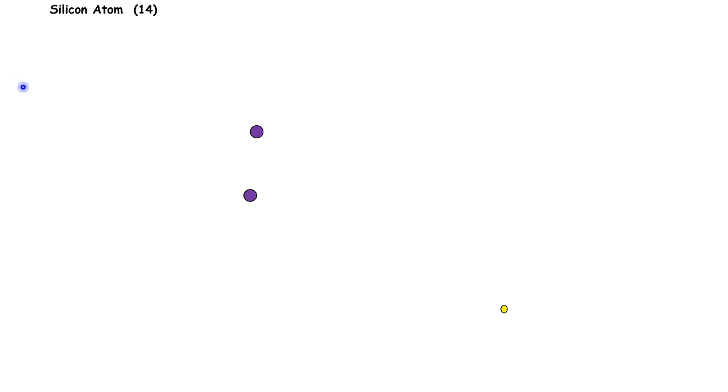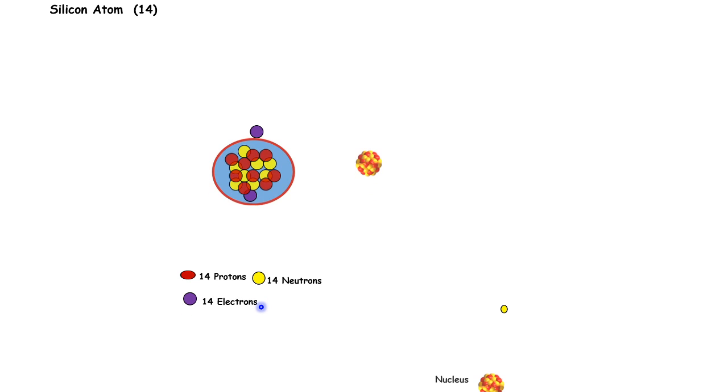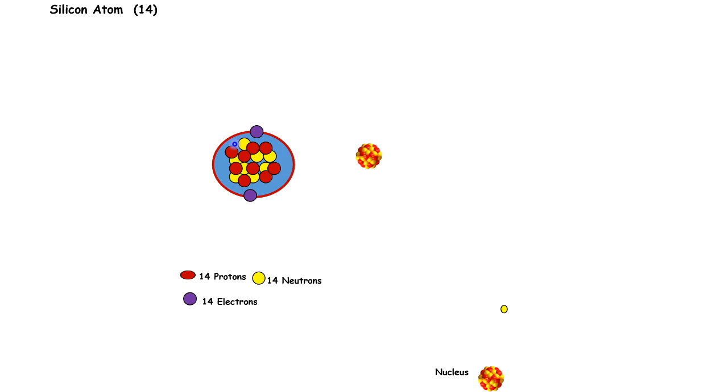Let us discuss the semiconductor material silicon, having atomic number 14. At the nucleus there are protons and neutrons, as we know, and electrons are revolving. Here at the center or core, there are 14 protons and 14 neutrons, and these are the electrons in the first orbit revolving around the nucleus.